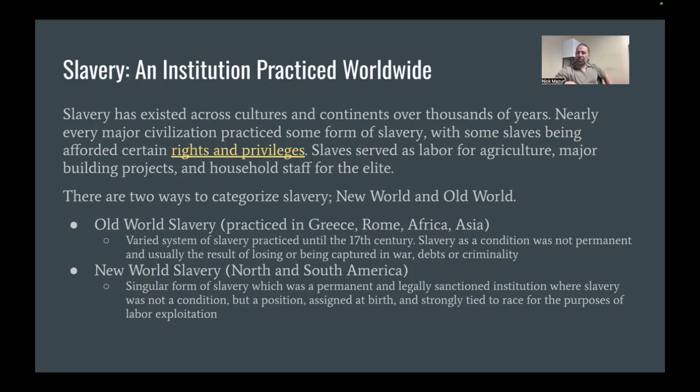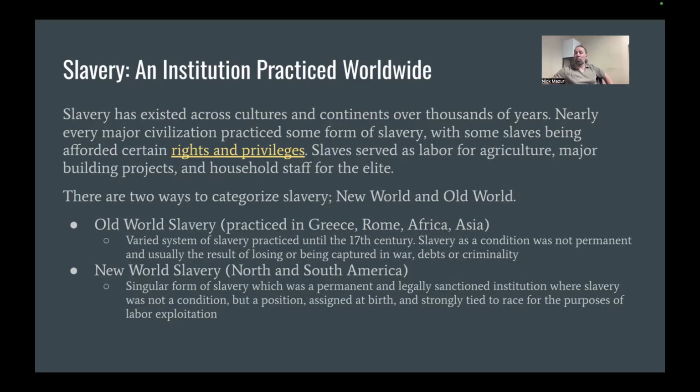And so this is very important for us to understand when we look at New World slavery, because the type of slavery that develops in North and South America, the ones we are most familiar with in terms of our historical knowledge, is a radically new form of slavery that gradually gets tied to a legalese system where your position as a slave is tied to your birth status, namely that of your mother. So if your mother was a slave, you were going to be a slave.